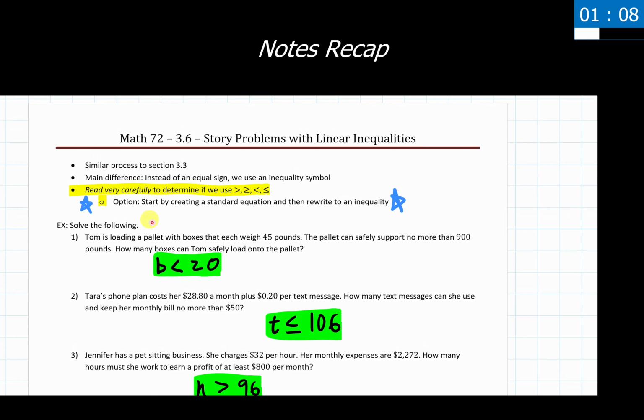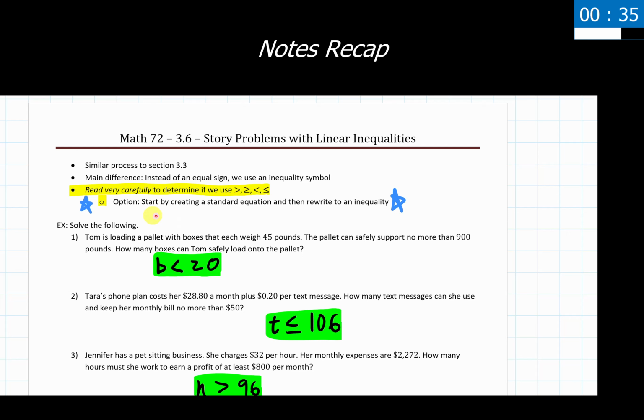I think reading through these things, which is similar to the process in 3.3 and 3.1 also, is very, very important. That way you know, is this number going to work in this way with the problem or in a different way with the problem? Is this number adding with something else or is it subtracting with something else? And along with that, making sure we're reading carefully for the buzzwords that will indicate if we're going to have a greater than or equal to, less than, or less than or equal to inequality showing up in these problems.